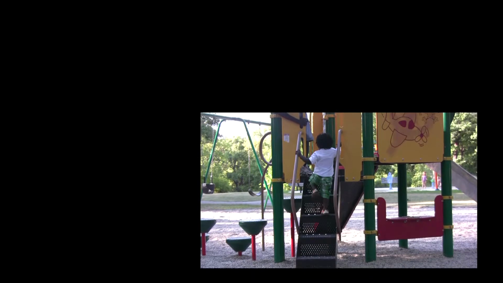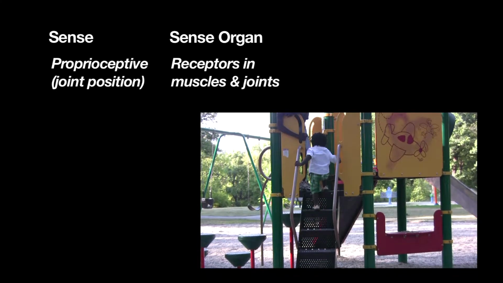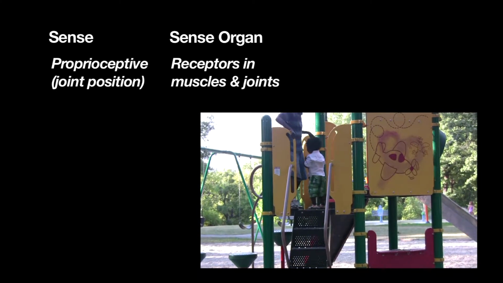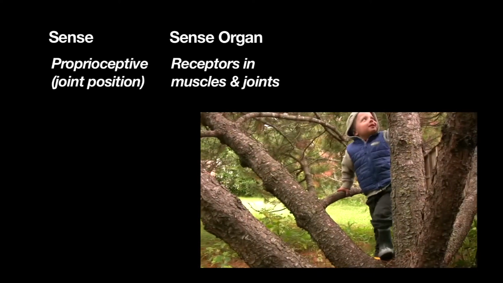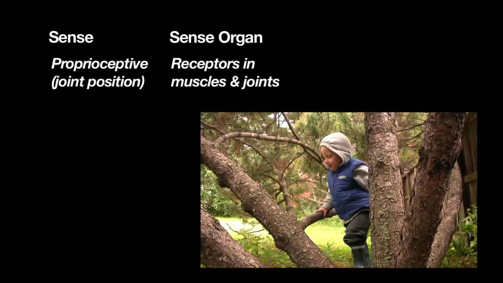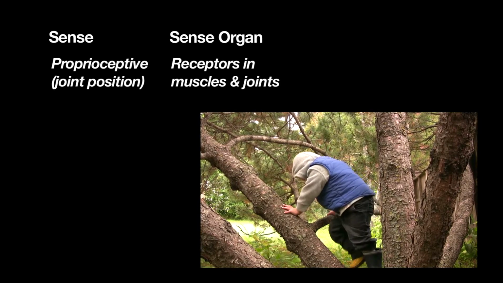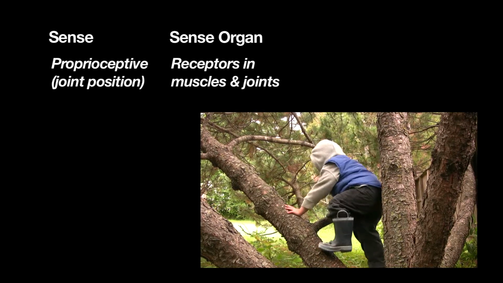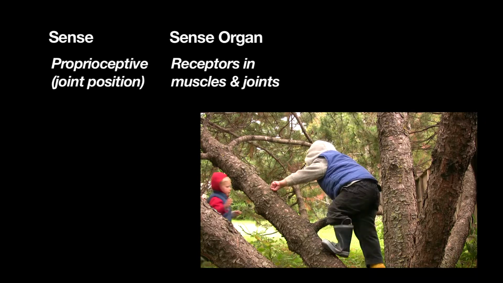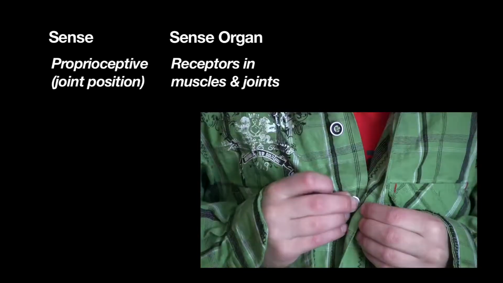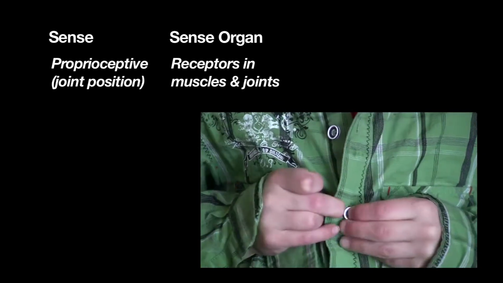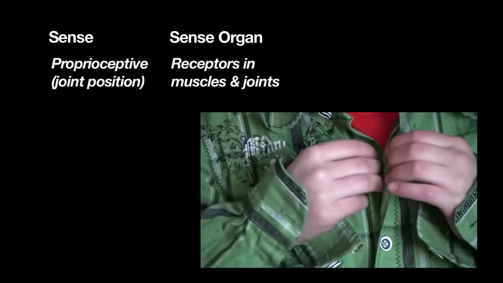The sense that tells us the position of our joints and muscles is called proprioception. There are sensory receptors called proprioceptors in all of our joints and muscles. These receptors send information to the brain about when and how our joints and muscles are bending, straightening, or being stretched or pushed together. Proprioception is the sense that lets us know where the arms, legs, or fingers are without